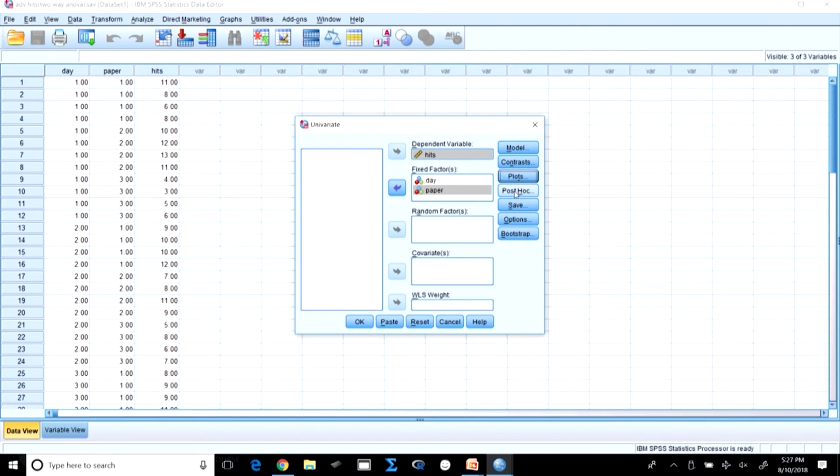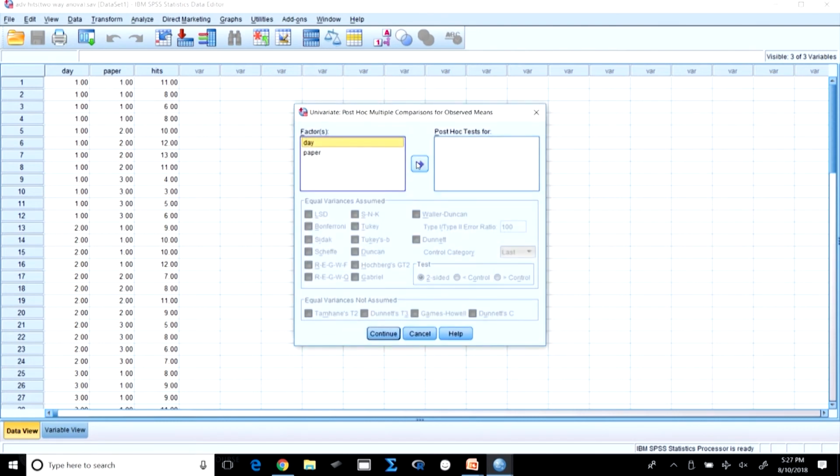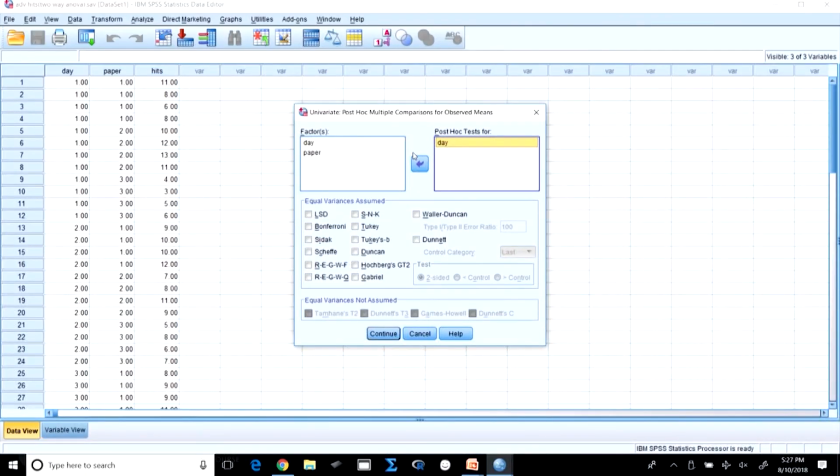You can see the post hoc effect. Now, what is the post hoc effect? Suppose you have found out that yes, there is a significant difference among the 5 days, but then can you say which day has got the highest impact or which day has the lowest impact? No. To understand such things, where we want to compare between the days or between the types of paper, we will use a post hoc test. Generally we use Tukey's test or the LSD, or if it is a small sample size, we use a Bonferroni.